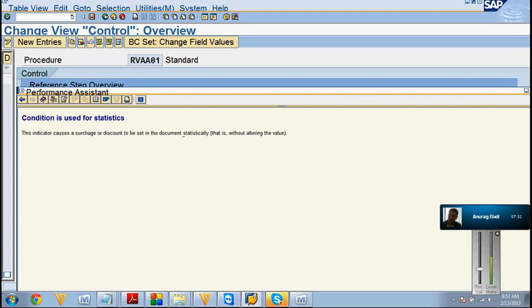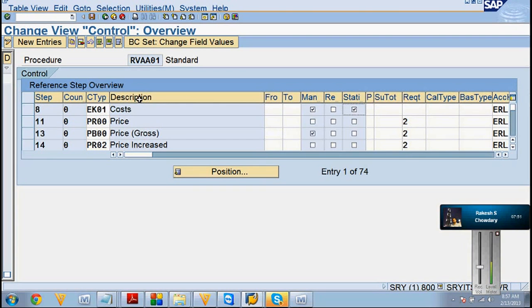Within the document, it is statistical, that is, without altering the value. That means we do not want to enter a value manually, but still the -2% happens by default without altering. It will calculate and accumulate, so automatically it will change its value. We don't alter it. That's what it is about.